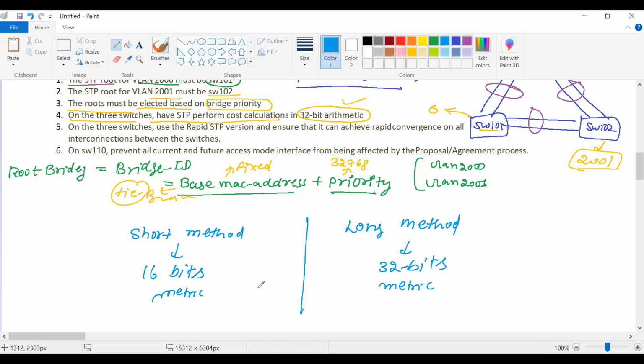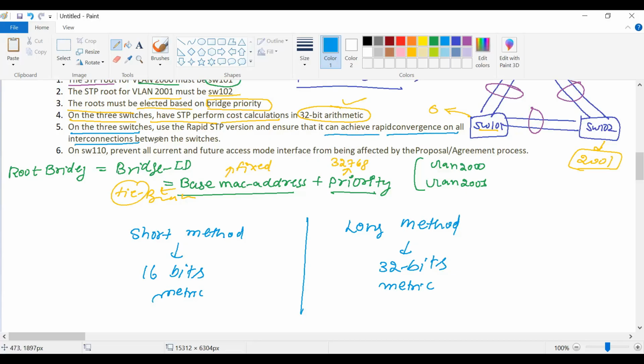Now, in lab, please don't start the configuration by reading the first task only. Read all the tasks first in a given section, then start the configuration. Now you can see, on 3 switches, use the rapid STP version and ensure that it can achieve rapid convergence